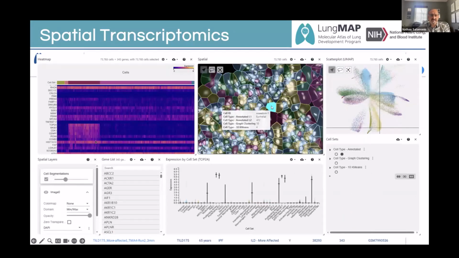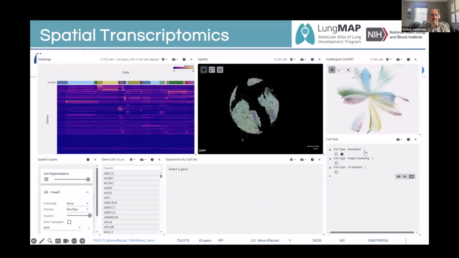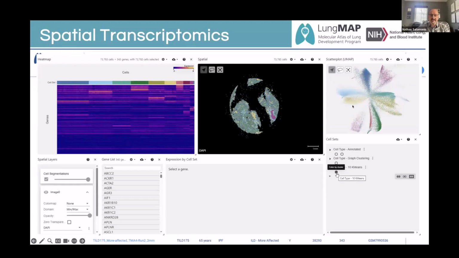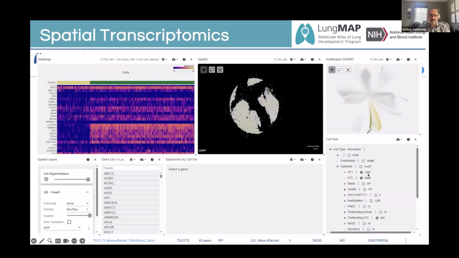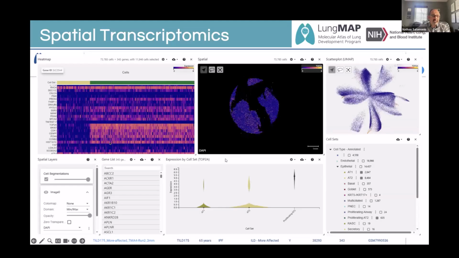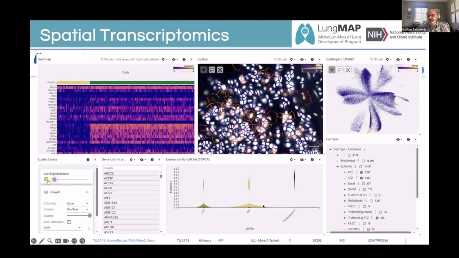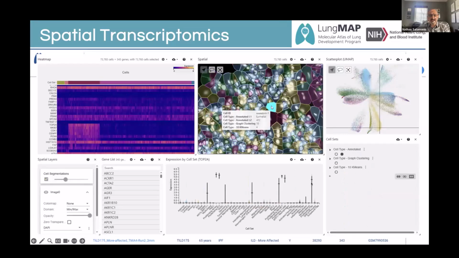These include interactive heat maps, segmented cell populations, gene expression visualization on the larger spatial plots or UMAPs, and drill down to specific cell populations. You can view individual expression of genes, for example, as violin plots or as other plots, and look at the expression distribution on these plots for individual genes.